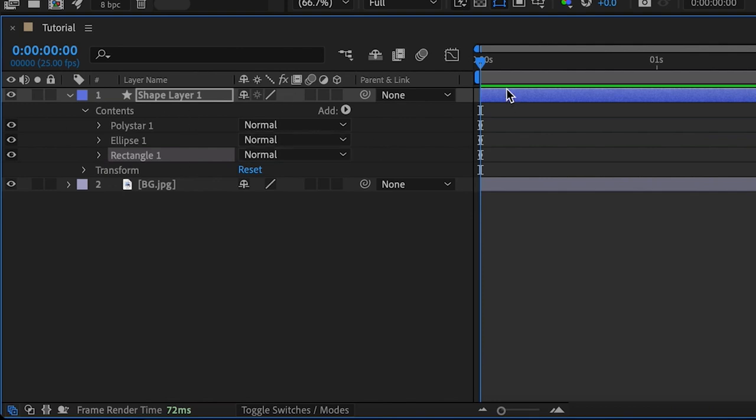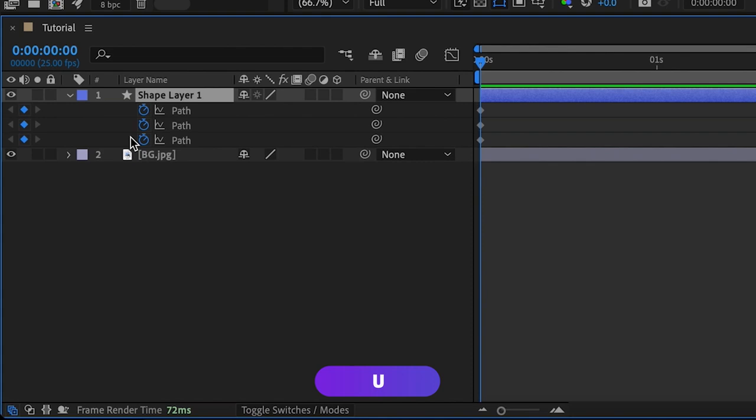Now, if we want to quickly be able to bring up all of the keyframes that we have for this shape layer 1, just so it's slightly easier and we don't have as much information going on, we can press U on our keyboard. And as you can see, here are all 3 of our shapes and their paths. So the first one that we had was the polystar, then we had the circle, and then we had the